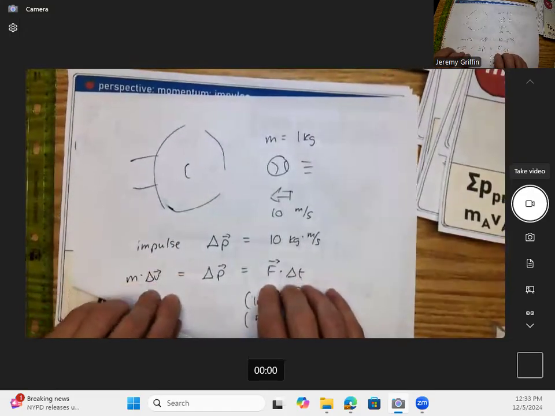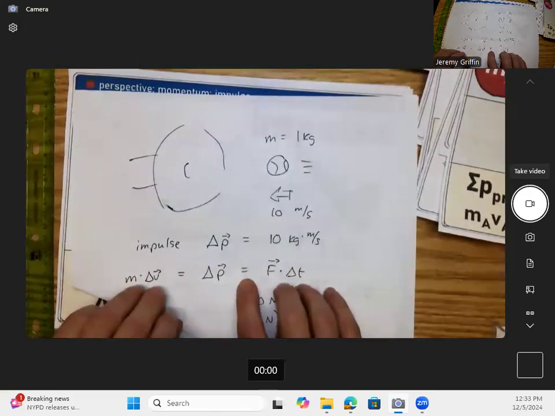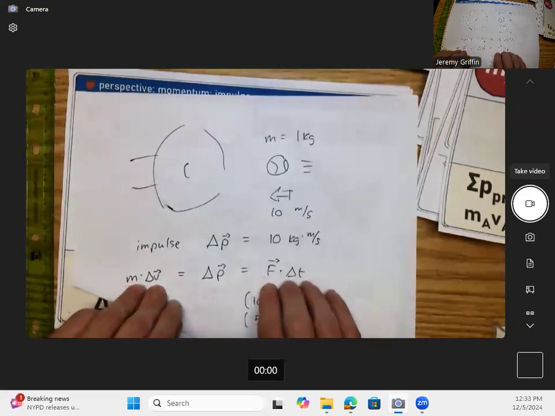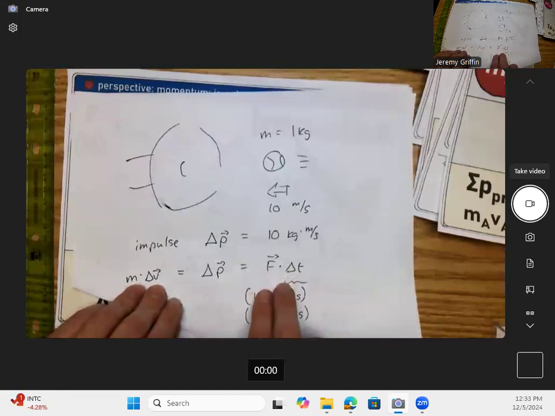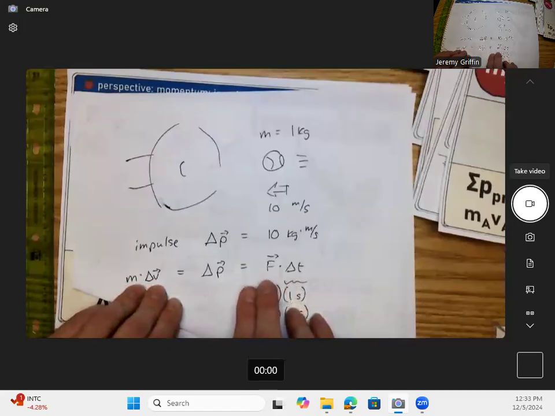But you guys have a different perspective on impulse also. Impulse is mass times change of velocity, but it's also a force over some time interval, right? Let's look at different time intervals. Let's say you bring it to a stop in 1 second. How much force does that take while you're stopping it? 1 times what is equal to 10? 10 newtons. 10 newtons for 1 second gives you 10 newton seconds, or 10 kilogram meters per second,